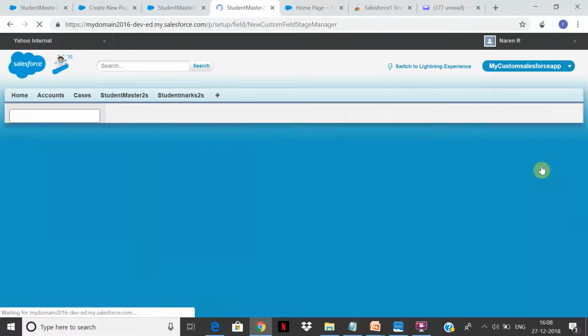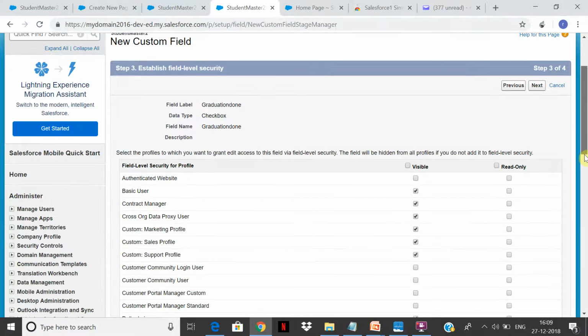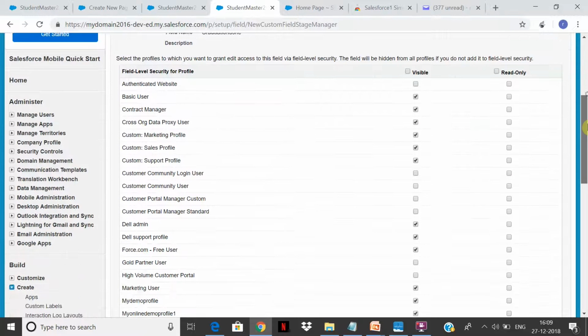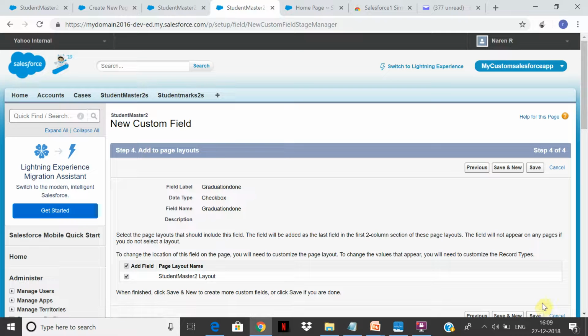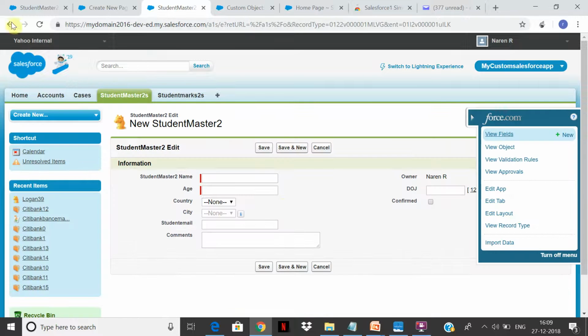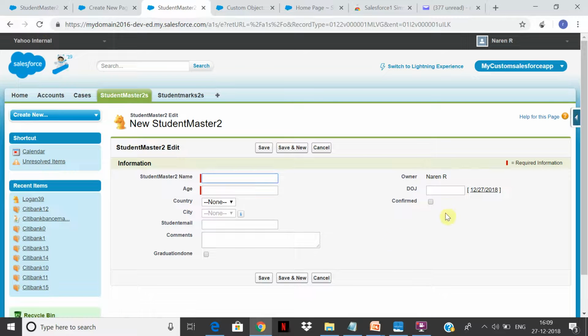So I created a new field, and I'm going to introduce this field. It's going to be available for all my profiles. Now I'm going to add it to the standard layout for now, so it's available in all the layouts. If I go to my student master record and refresh this, it's going to show me graduation done.